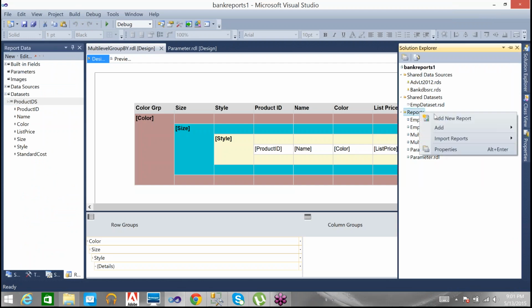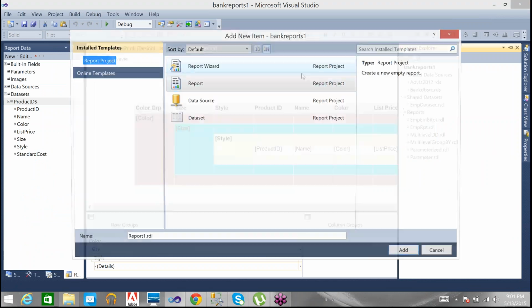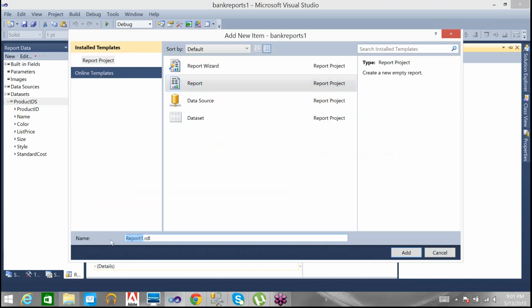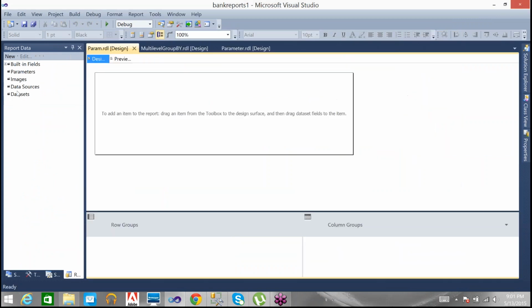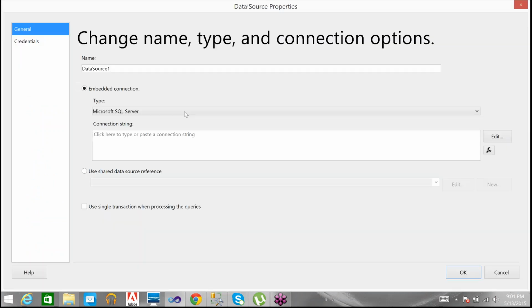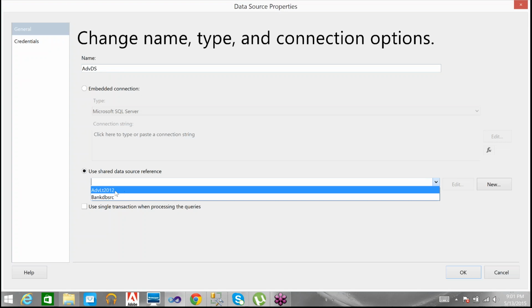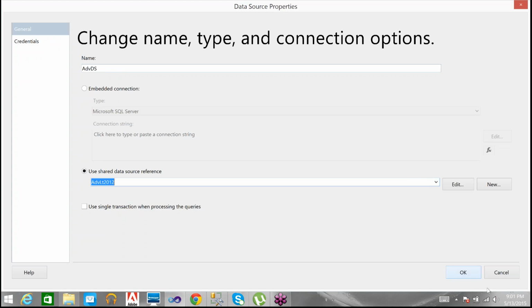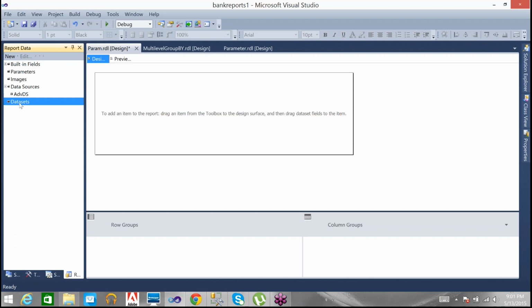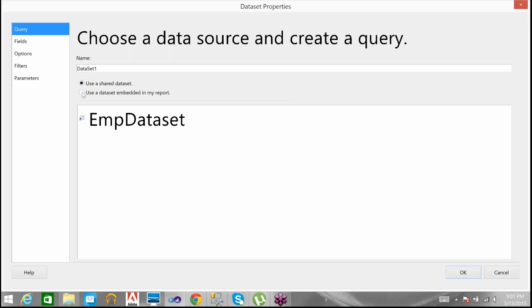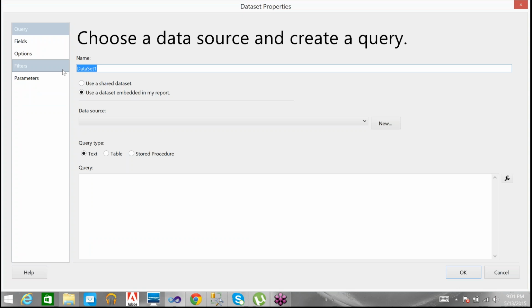Then what we can do, let me create a new report. Data source, I'm using the ADB data source, shared one. ADBLT, then dataset. Here I can write, instead of using the stored procedure, what I can use, embedded dataset.